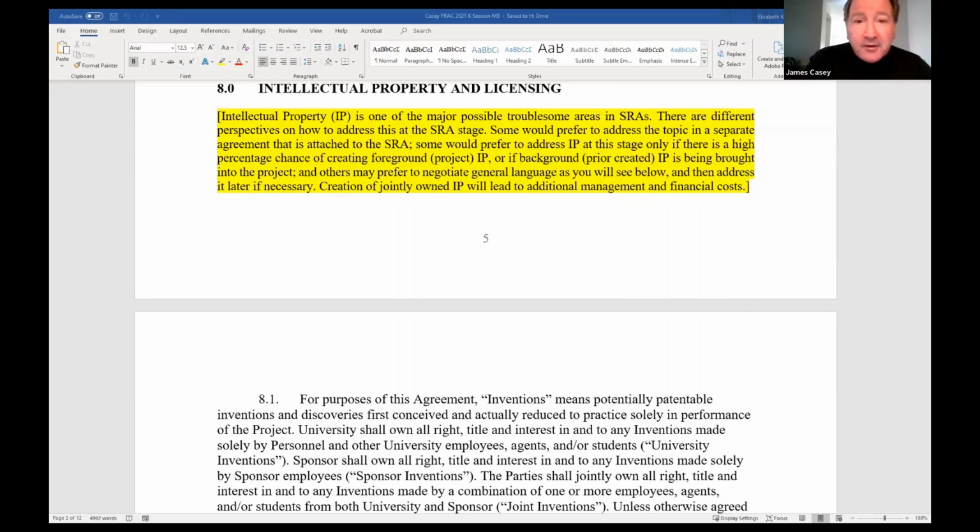Once again, it's a matter of practice, and maybe at your institution, your powers that be would like it all up front. And I've seen that too. But I've always tried to get the agreements signed as quickly as possible to get the work going. And if the project results in patentable material that needs to be disclosed and you need to negotiate later, then you do that then, because you're not slowing down the basic work.